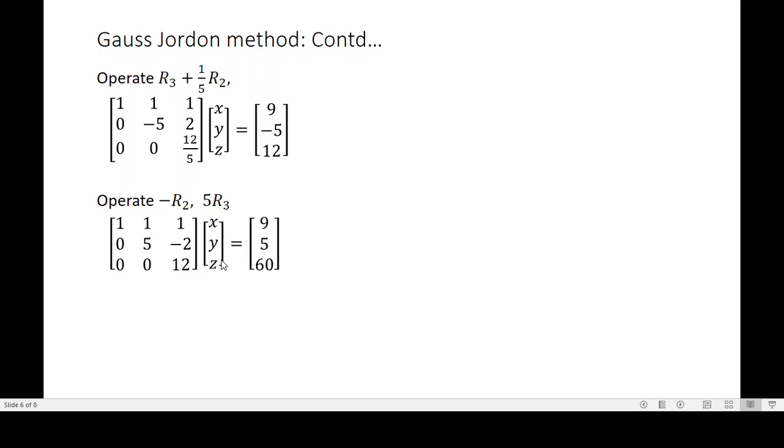We need not do operations in this same way. It is enough if we reduce the coefficient matrix to a diagonal matrix using elementary transformations. To make calculation easier, while simplifying, we have multiplied by 5. So 12 divided by 5 multiplied by 5 gives 12. Therefore, let me consider the next row operation, that is equal to 5 R3, which gives 0, 0, 12 and